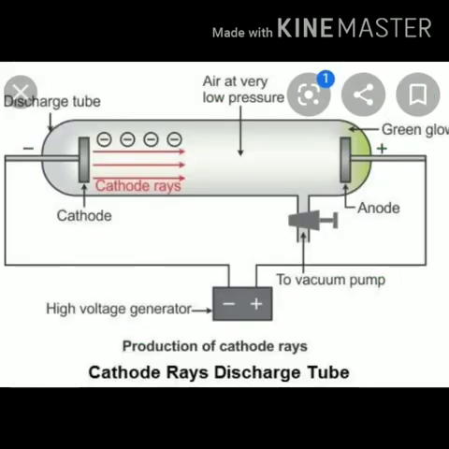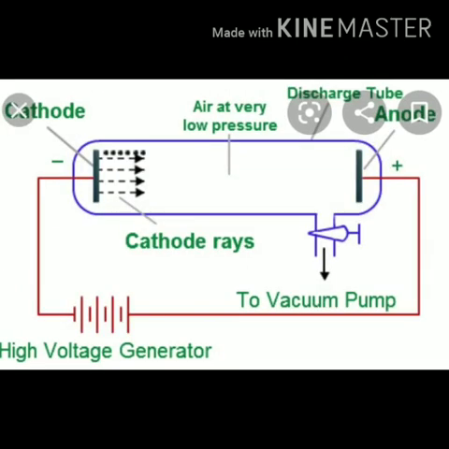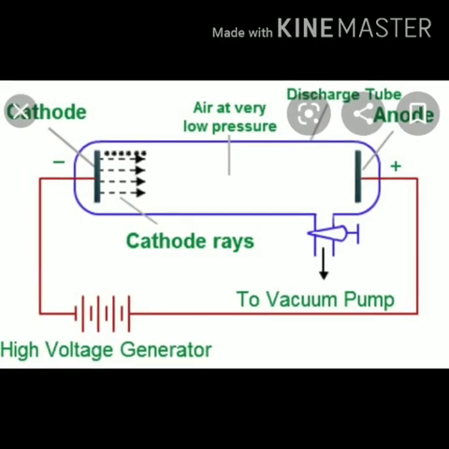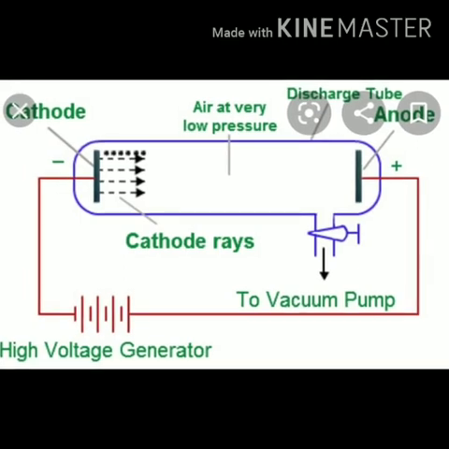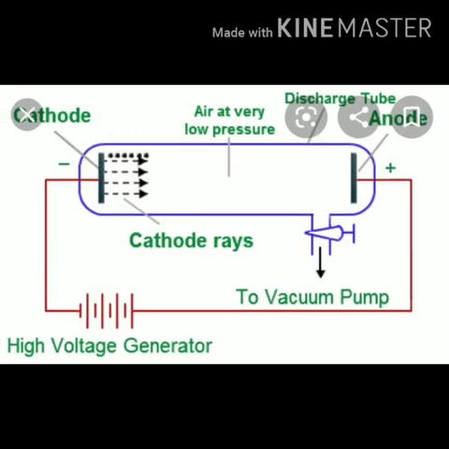His observation was that during the experiment a continuous stream of rays was emitted from the cathode. He called these rays cathode rays. A fluorescent green glow was observed at the other end of the tube. The cathode rays were found to be moving from the cathode region to the anode region. This proved that the rays consisted of negatively charged particles. Through repeated experiments with different gases, he concluded that the observation remained the same.